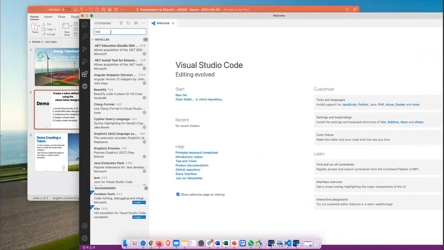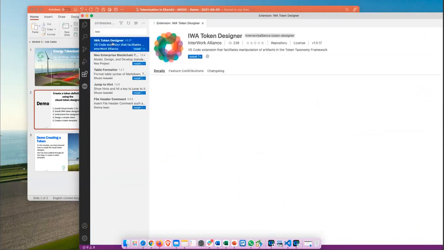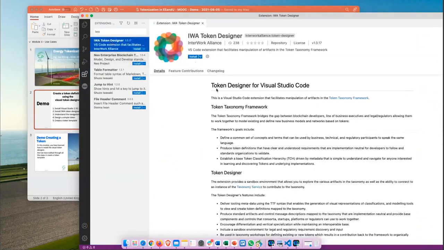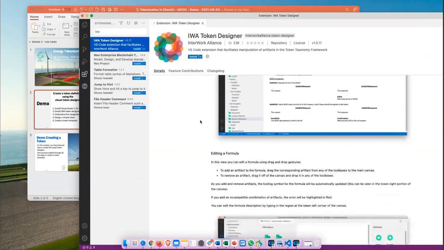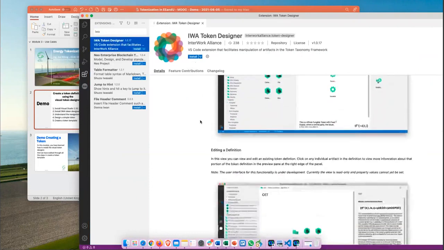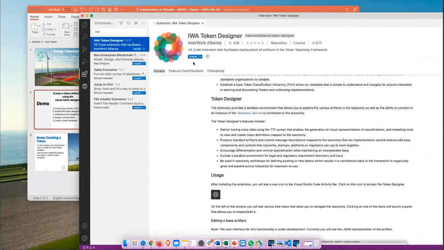Here we type in the Interworking Alliance, and the first choice is the token designer. If we select this, we see quite a description of the tool with the explanation of how it's working. Most of the parts are from the manual that you can find on GitHub. If we hit install here, it's installing real quickly.